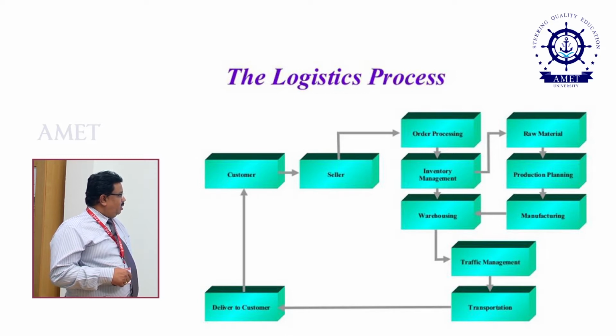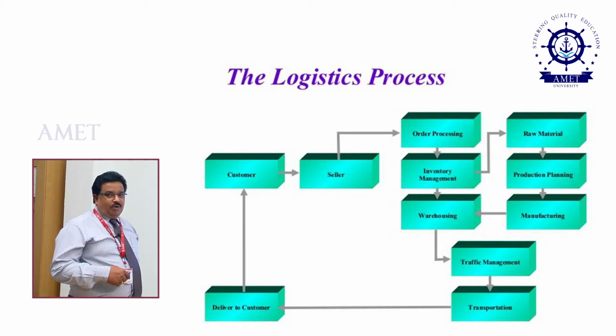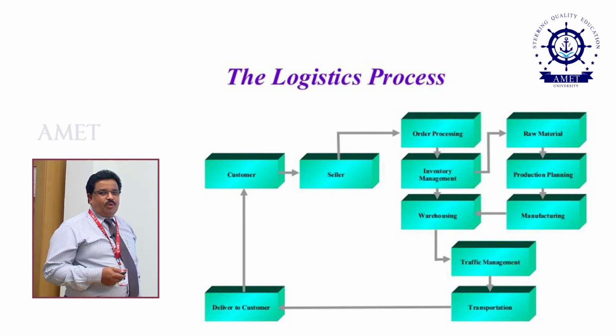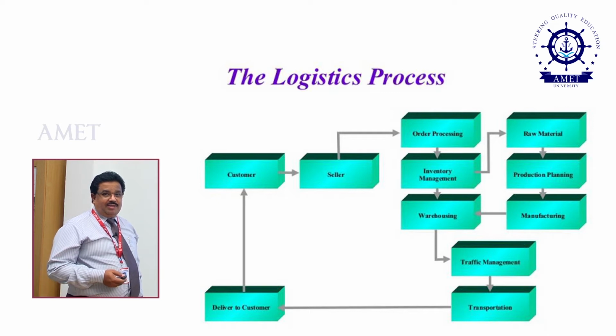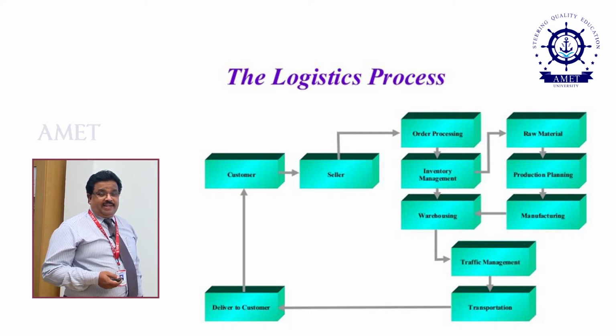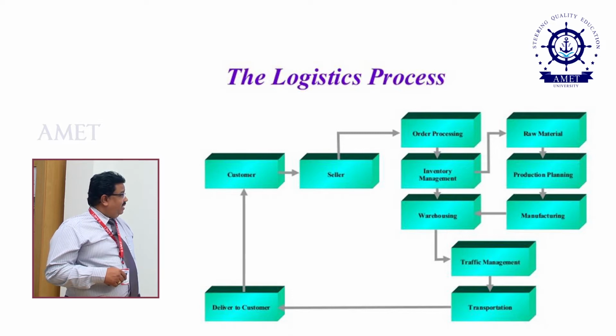Once you give your product order, it automatically goes to order processing. In order processing, it will check which vendor is providing this particular product, because if you look at Flipkart or Amazon, you can find different kinds of products, but if you get into the Nokia site, you can get only Nokia products. If you get into the Redmi site, you can see only Redmi phones. But vendors like Amazon or Flipkart are selling multiple products. That is why once it goes to order processing, immediately it will check whether the product is available, who the product vendor is, etc.